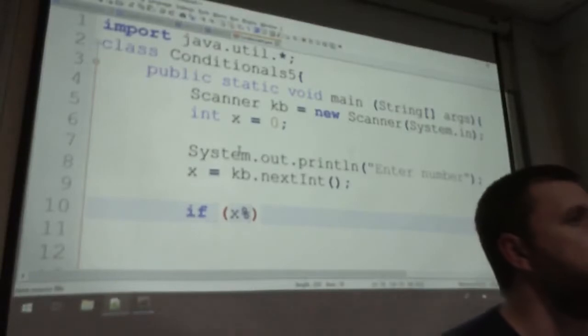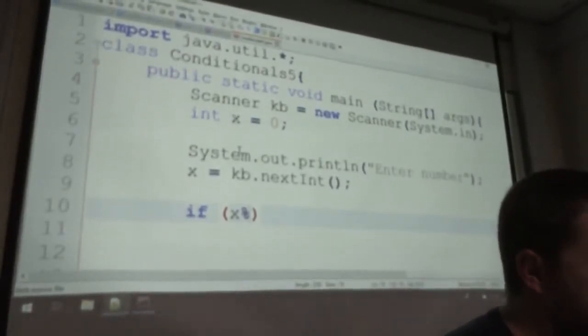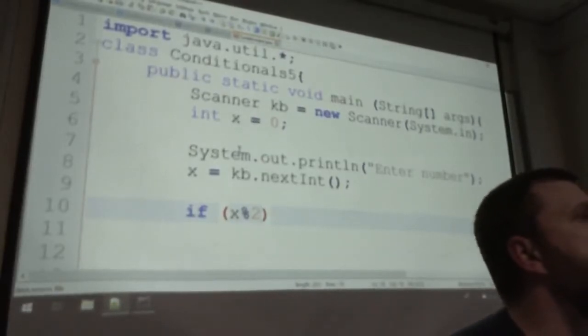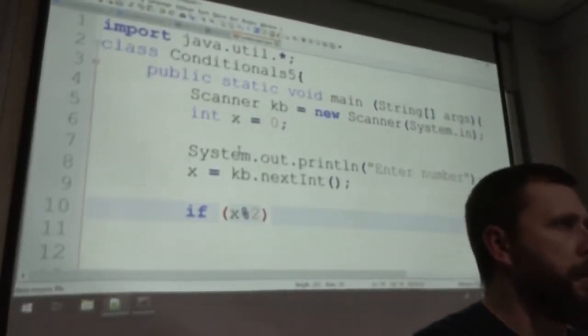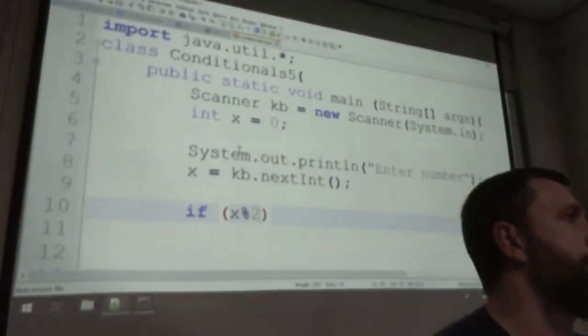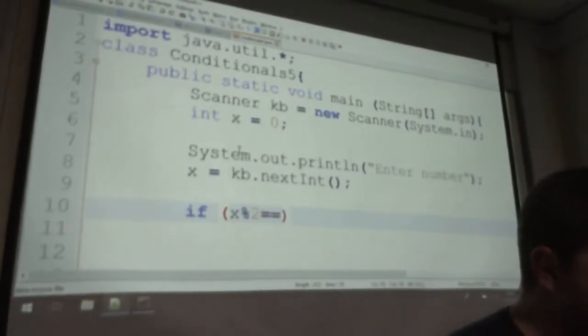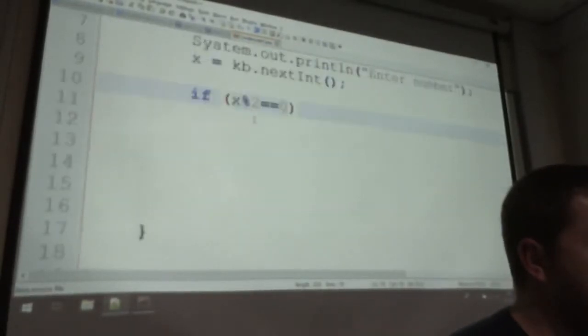So the remainder actually would become either 0 or 1. Remember, when you're using the modulus command, and you're dividing by, let's say, 2, it will be up to but not including the number. So it will be 0 and 1, but it won't include 2. If we're dividing by 3, it will be 0, 1, 2, but not include 3. So we're checking to see, is that equal to 0? And if that is equal to 0,